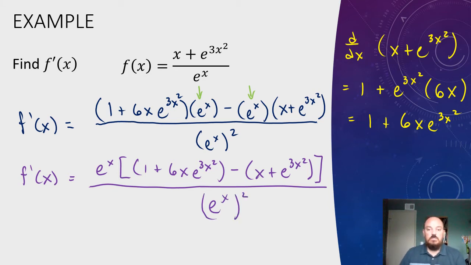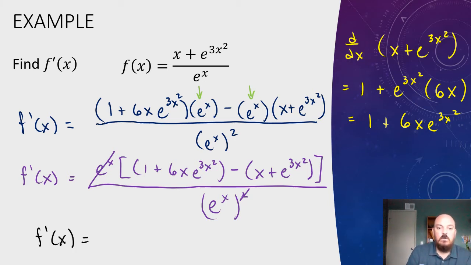And now remember, once you do that, we have an e to the x being squared on the bottom. That's like e to the x times e to the x. That e to the x that you factored out will cancel out with one of those on the bottom. And for my final answer here, I don't think I have any common terms on top. So let's just say 1 plus 6x e to the 3x squared